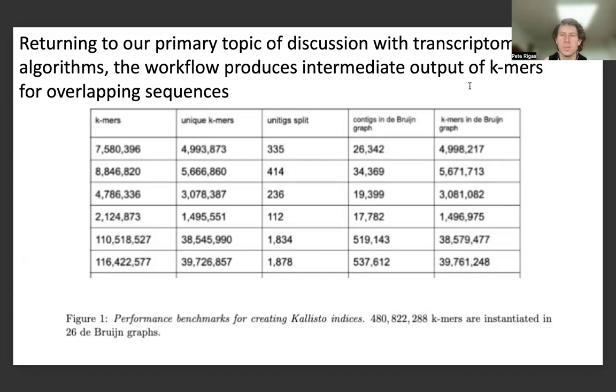It's very much manifest because, as we mentioned, from some intermediate output given from the k-mers of overlapping sequences, we can discuss in this slide, from the perspective of data science and statistical inference and statistical certainty within computational biology algorithms, this performance benchmark, which relates to the total number of contigs, as we alluded to, and the total number of k-mers, which are given in the De Bruijn